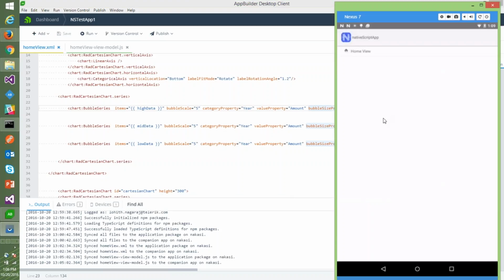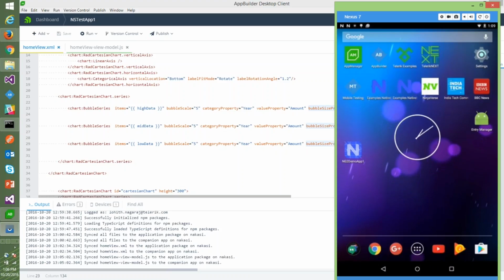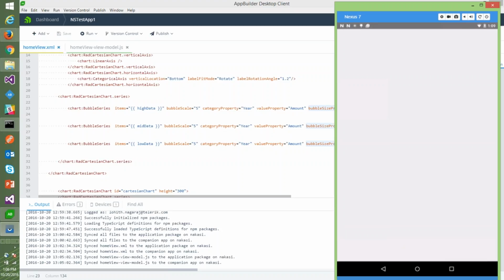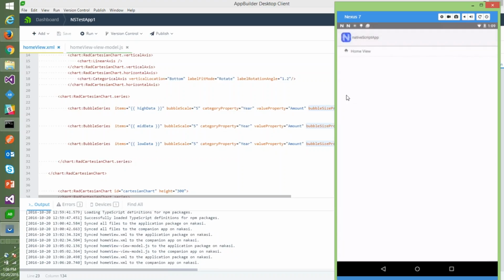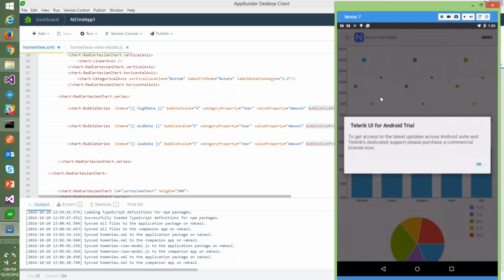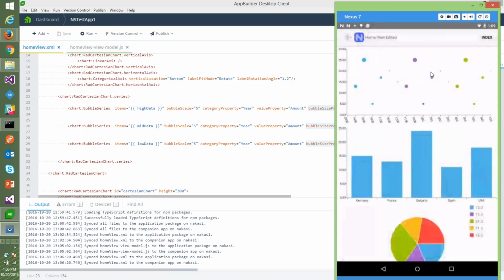So I have saved it, so it has to sync now. And the code has been synced now. Let's click on home view, and there you go. We have the bubbles coming up. There are three bubble series coming up. For one bubble series we gave the high data, for another we gave the mid data, and for the other we gave the low data, and then it is able to plot it based on whatever